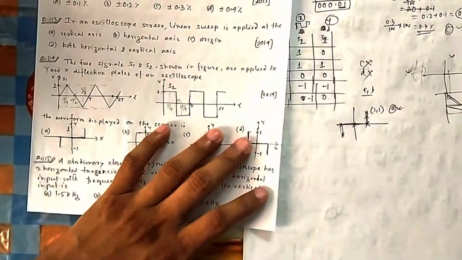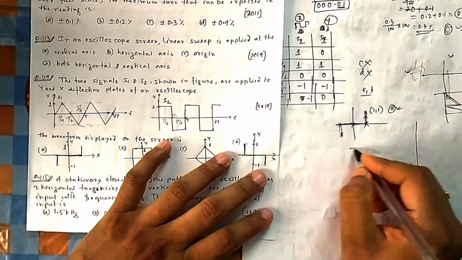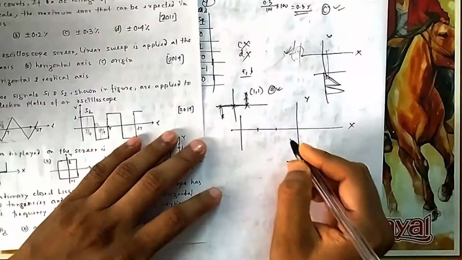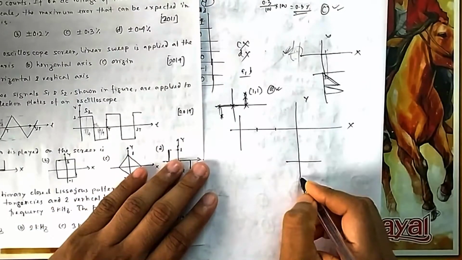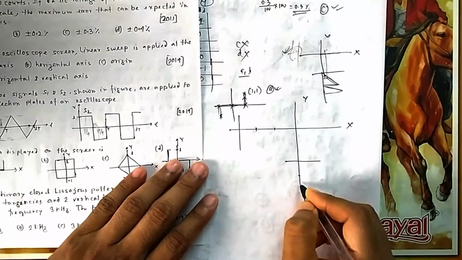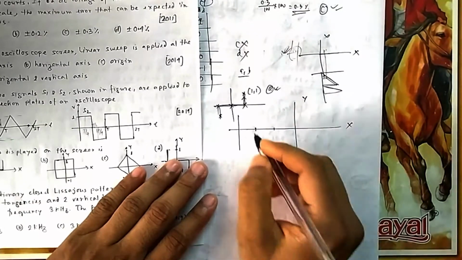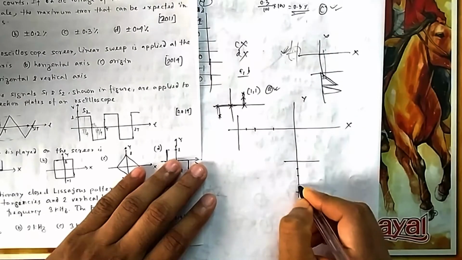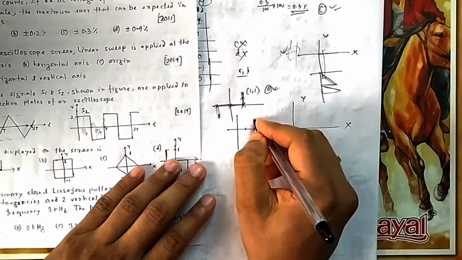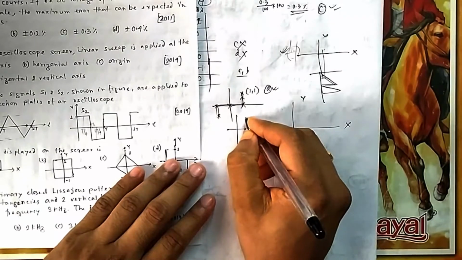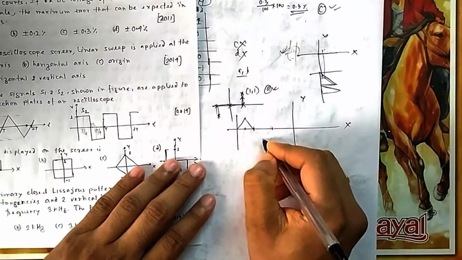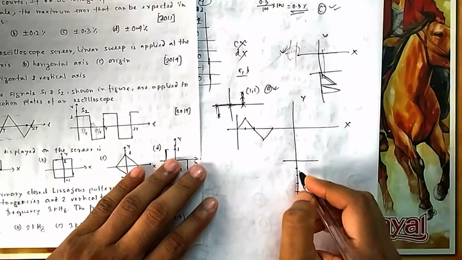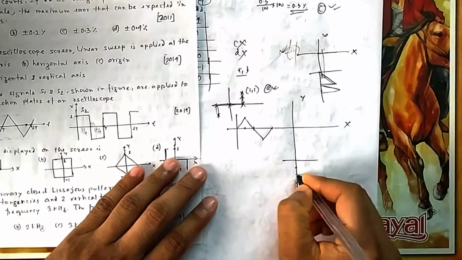Even if you are not clear, then you can plot it. So for plotting, this was my x, this is my y. Plotting will take a little time. One time period you have to take, and these sizes you have to make almost equal so that you get a similar type of shape. Your drawing should be correct enough. So from your eye you do some measurement, and this is 1. So this should rise here, then here again the same level it should come, and here this is also 1. So the height should be the same, and this is my 1 cycle.